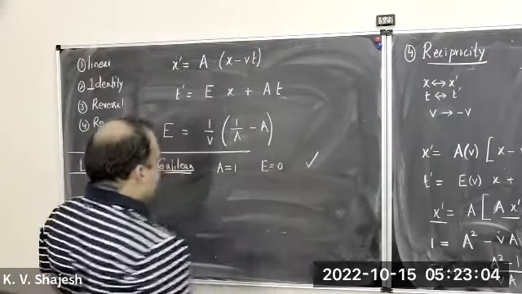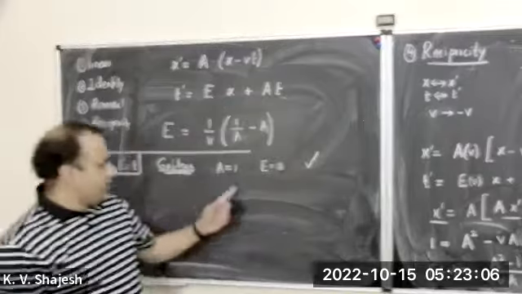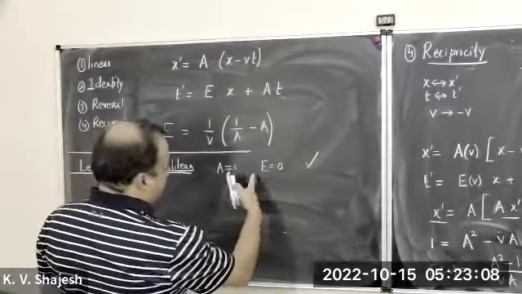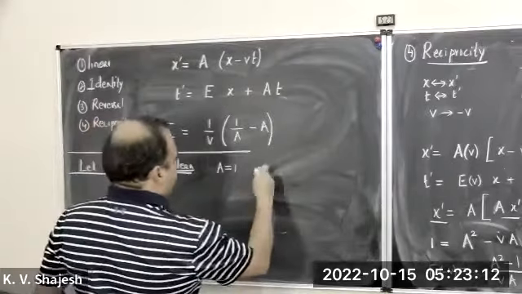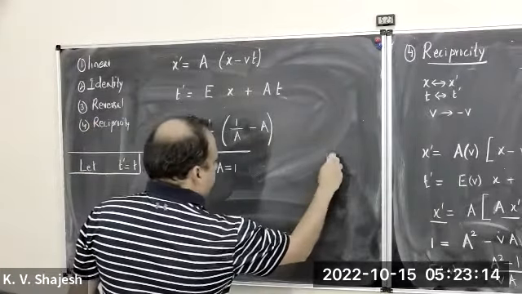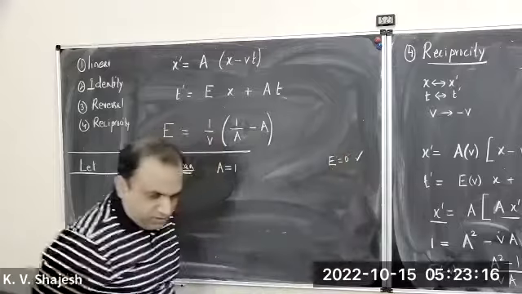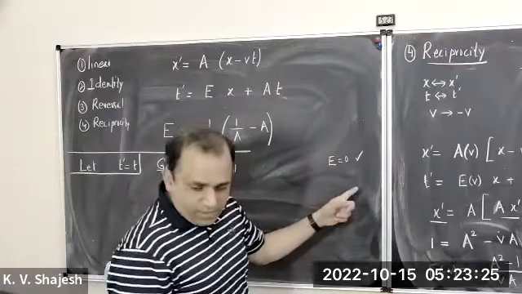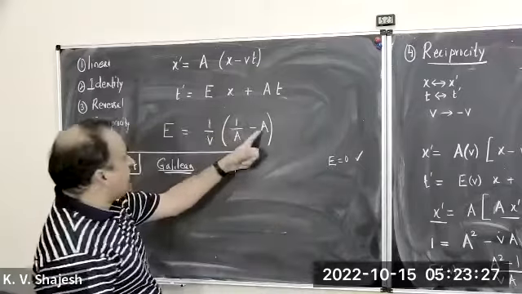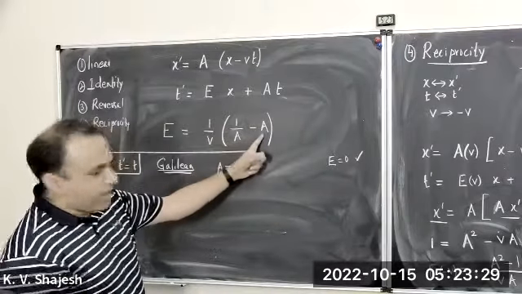So that's one solution. If you set A equal to 1, this is an implied thing, so let me not say E is equal to 0. That's consistent. So E comes out to be equal to 0. Okay. So E has to be 0, right? But I'm saying that is not a requirement. This came out if you set A equal to 1, 1 minus 1 is 0.